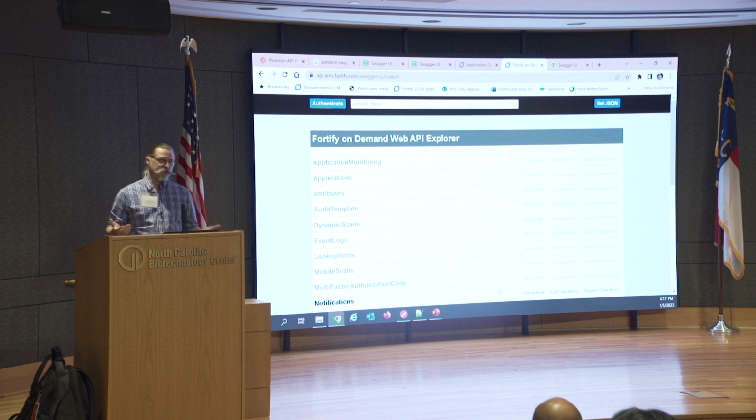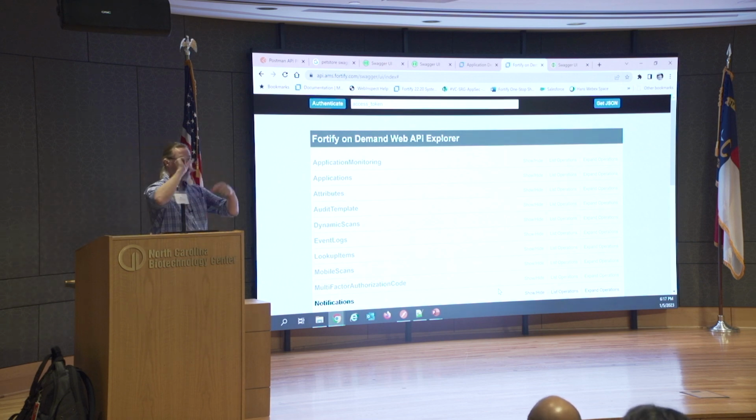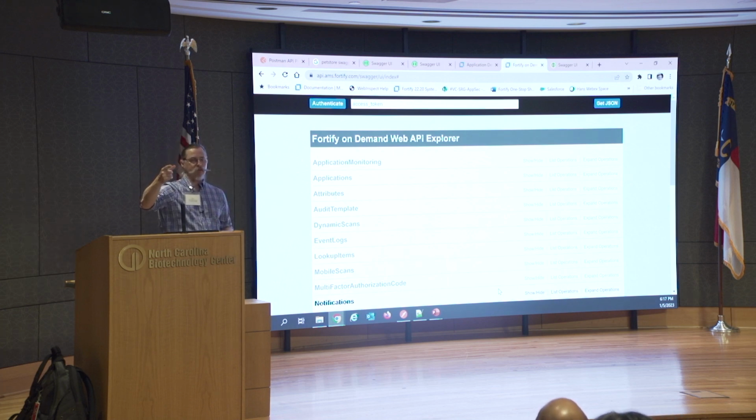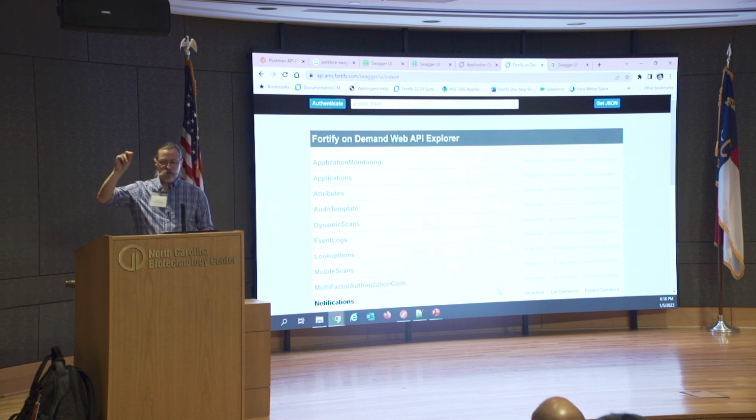This is what happens with websites. You log in and then it gives you a cookie, and then the cookie is transferred back and forth by your browser in real time to maintain your session state. So that's how we do it with this. So if I authenticate, it'll give me a bearer token, and then behind the scenes, everything that I request down below will carry that bearer token, so I'll still be logged in.